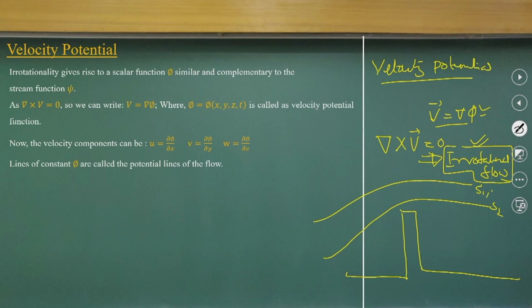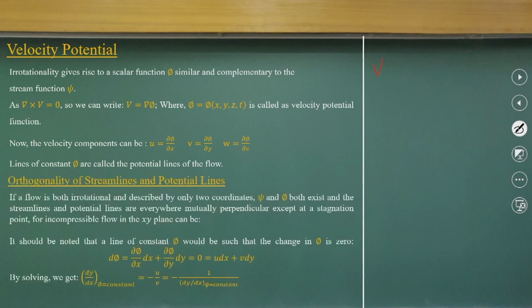The psi function is a stream function, which is defined by constant values C1 and C2. So, if you look at the velocity potential function, which we define as v equal to grad phi,